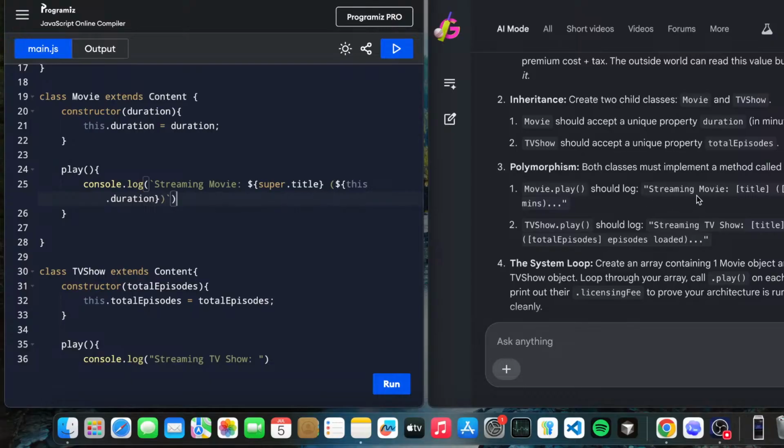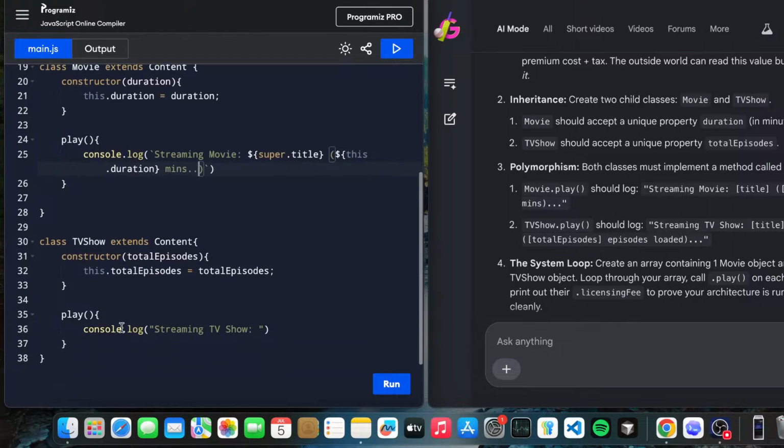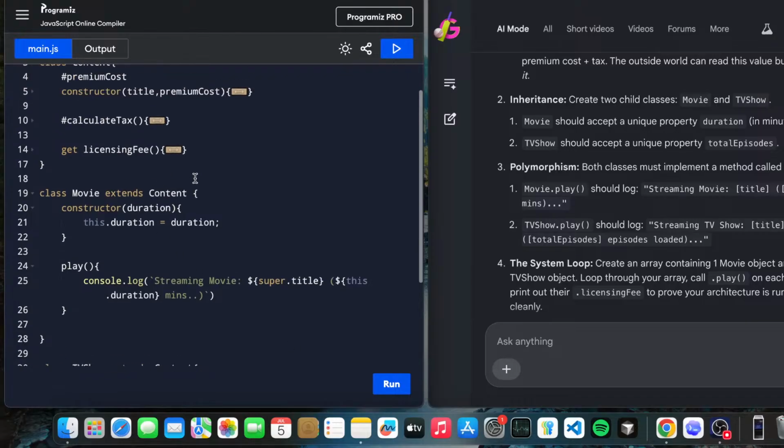Okay, super.title, this.duration, we will add minutes. And for the streaming show, it should be like a streaming show. Here again we will be using the template literals. It will have a title, so using super.title, which is inherited from the parent class.